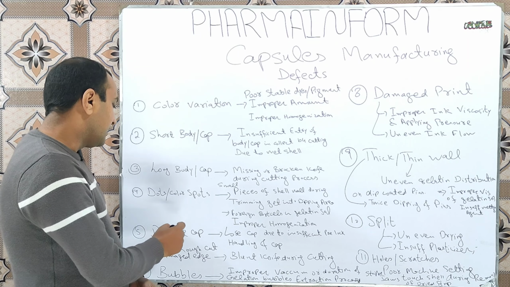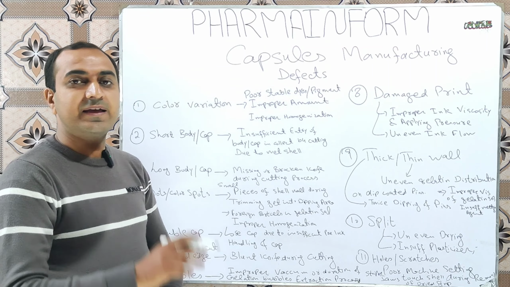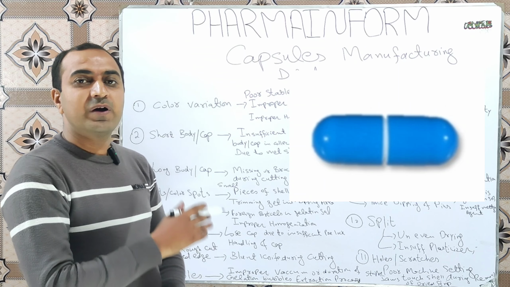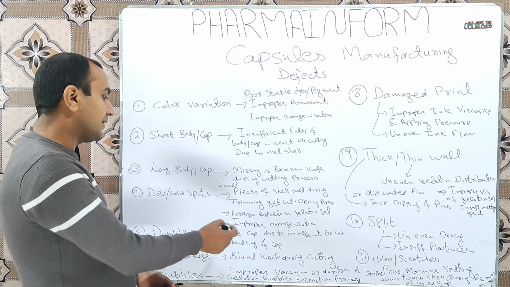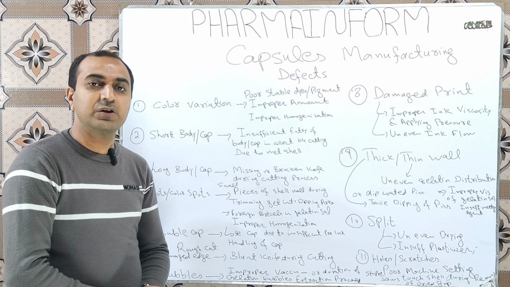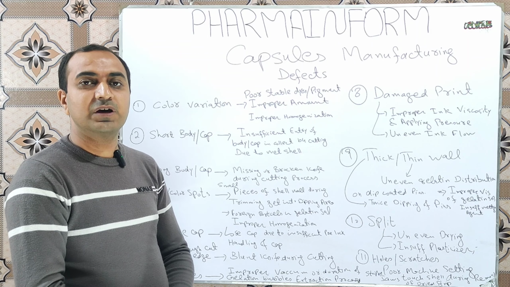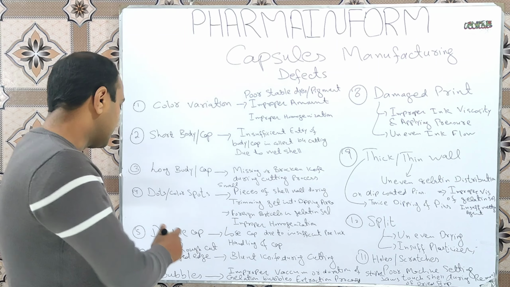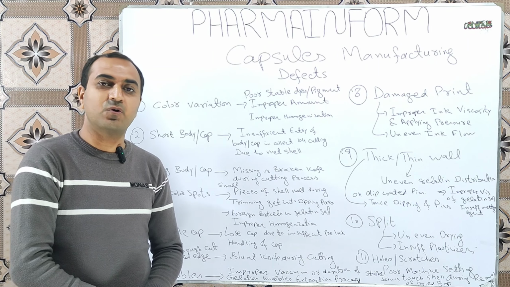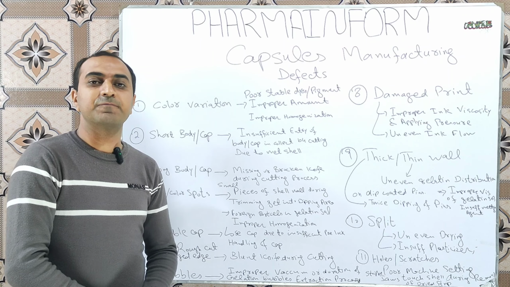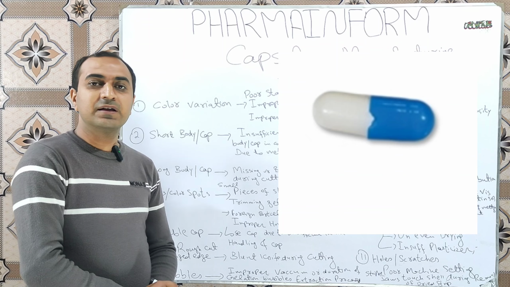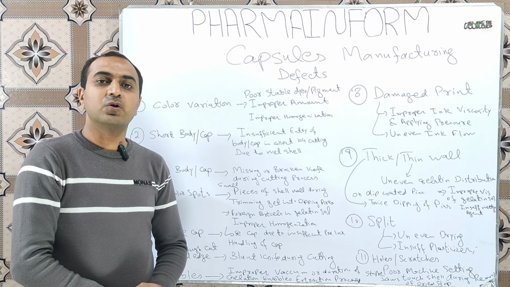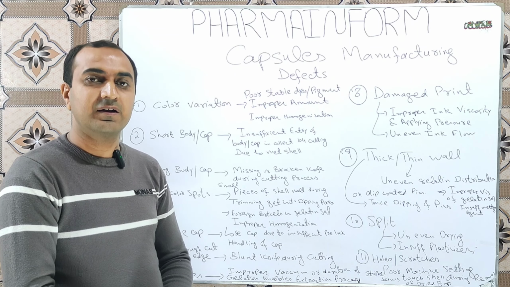Next one is the double cap. Sometimes we observe, as you can see in the image, that we have a capsule which has a double cap. Why is it a double cap? The reason is that a loose cap, due to insufficient pre-locking, may pre-fit on another empty hard gelatin capsule and it looks like it has a double cap. The next one is the damaged edge or rough cut. You can see in the image. What is the reason for rough cut? The reason is the use of a blunt knife during cutting, meaning non-sharpened knife usage during the cutting process.